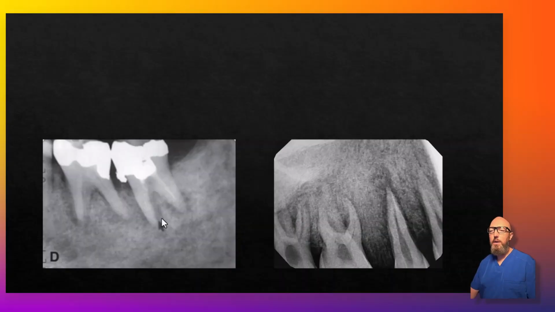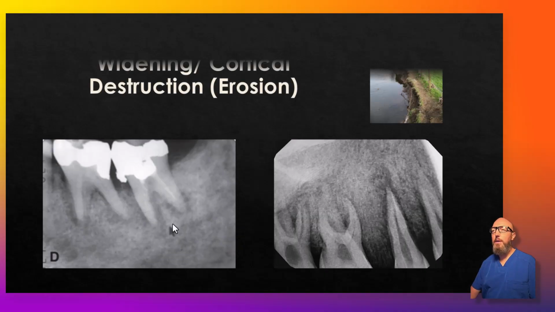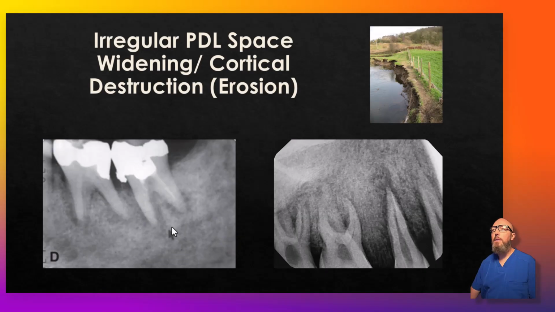And I've shown you this one enough that hopefully you see what I'm getting at. See the radiolucency around here? Maybe the internal structure is more the ground glass, but with that radiolucency, you're seeing what? Irregular PDL space widening. Remember, malignancies like to follow paths of least resistance, and they just kind of penetrate into the PDL space like this, create kind of an ill-defined radiolucent halo around the roots of teeth, and so that's